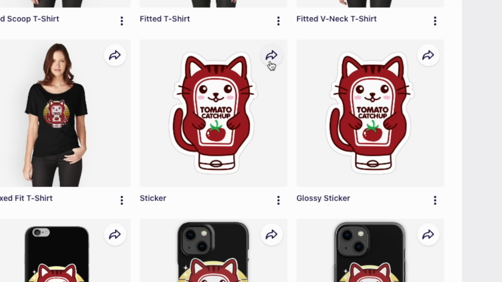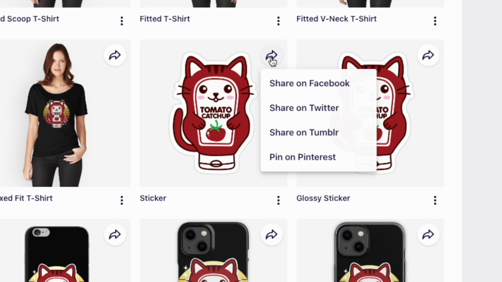I'm going to hit this icon right here that is the share icon. Look for these all over Redbubble. I may not talk about all of them, but when you see this, this means share. So this is the share icon. Click on this and you can see on Redbubble itself, you can share on Facebook, on Twitter, on Tumblr, and on Pinterest. So let's go through each of them and I'll show you what they look like when you share